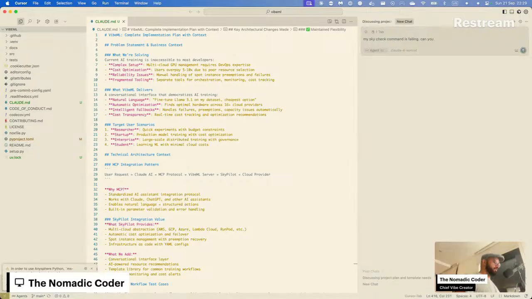Can you make me a launch.json to debug this SkyPilot nonsense?